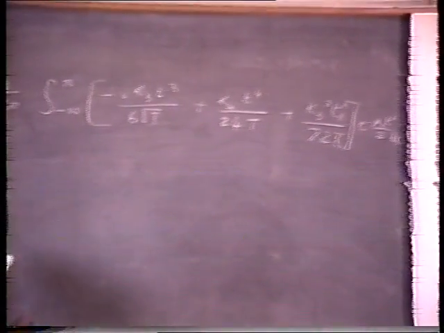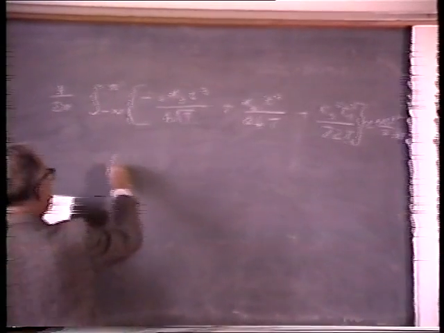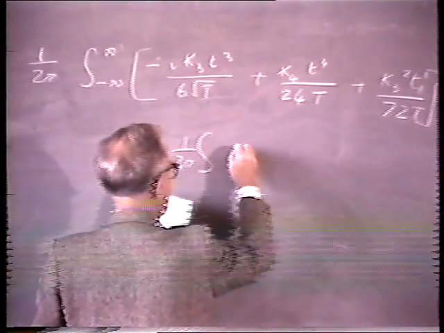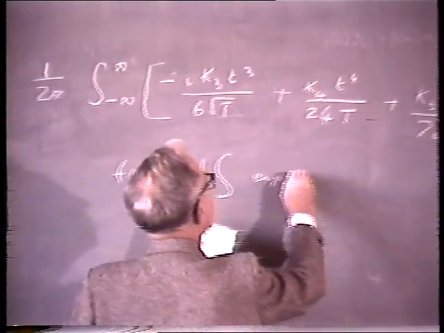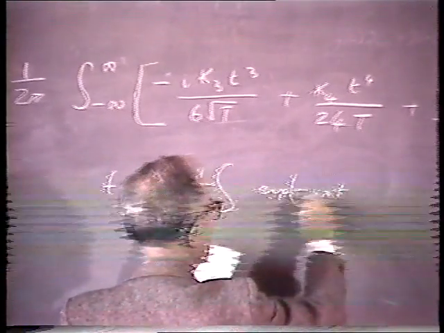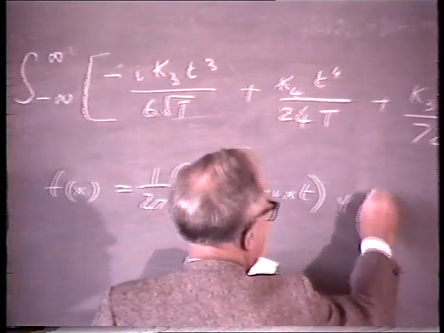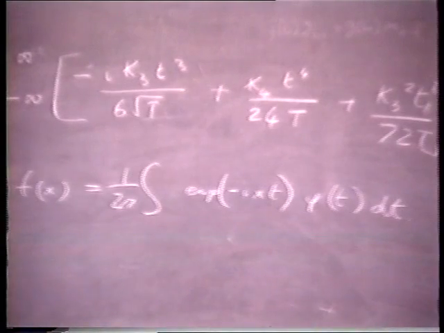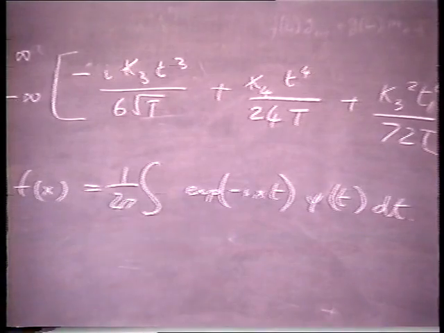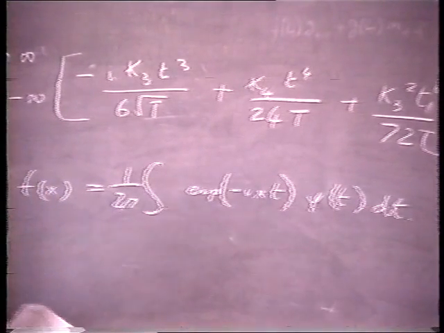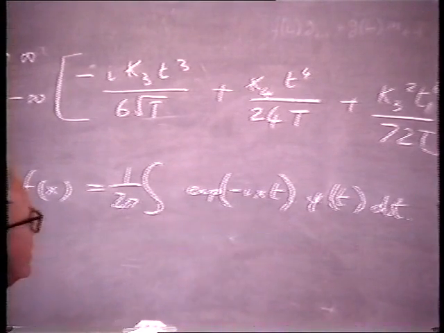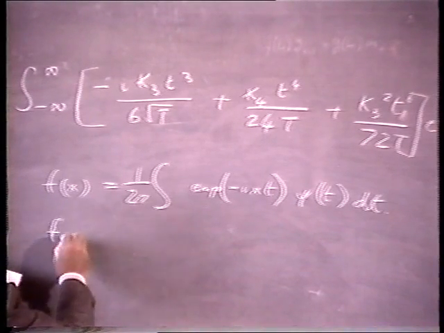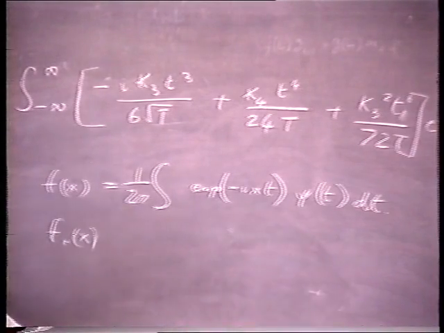Now, consider then the formula that f of x is equal to 1 upon 2 pi integral of exponential minus i x t times psi t dt, and consider differentiating this with respect to x. Well, of course, it's very similar to what we had before, assuming that the integral can be differentiated under the integral sign, that if we differentiate r times, perhaps I denote that as before by simply a suffix r, so this is the rth derivative